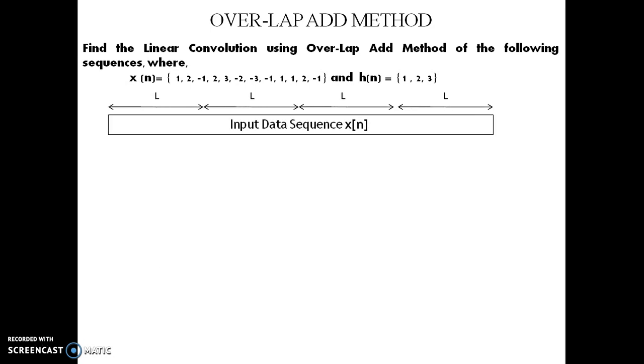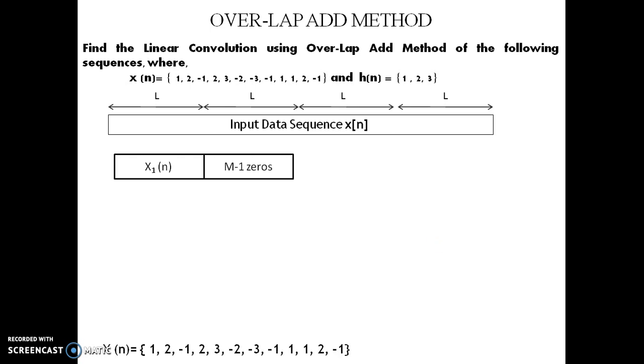Here we write down that the total sequence xn, if we consider, then we are splitting the sequence into L1, L2 in that way. Here we are considering splitting by L, and x1n is taken as a sequence of 1 2 and m-1 number of zeros. So our main sequence, if we consider 1 2 as our problem, that means